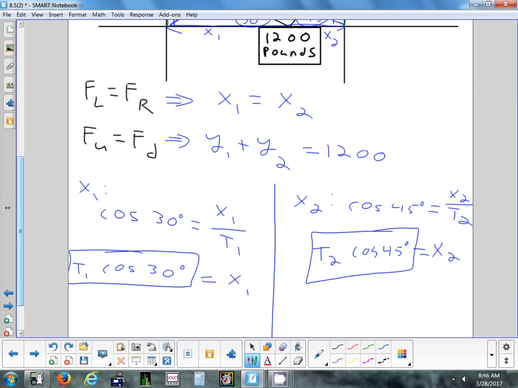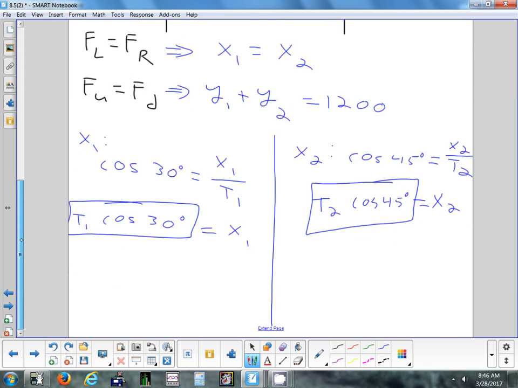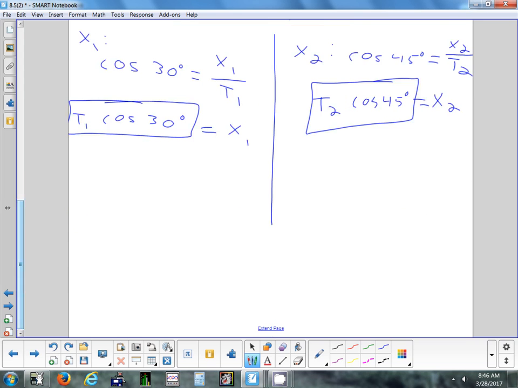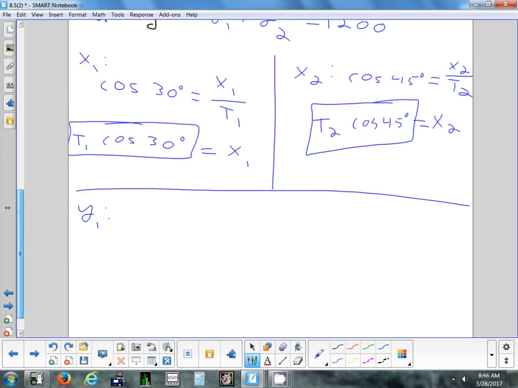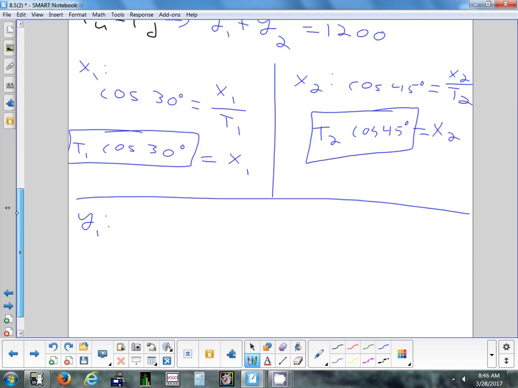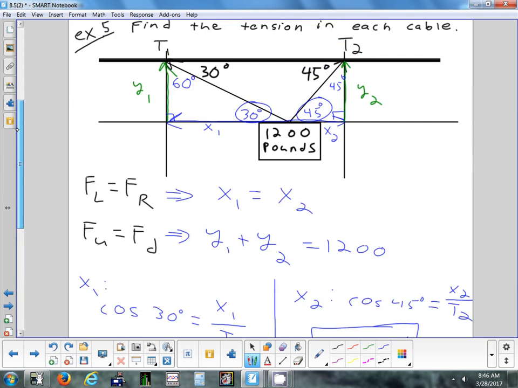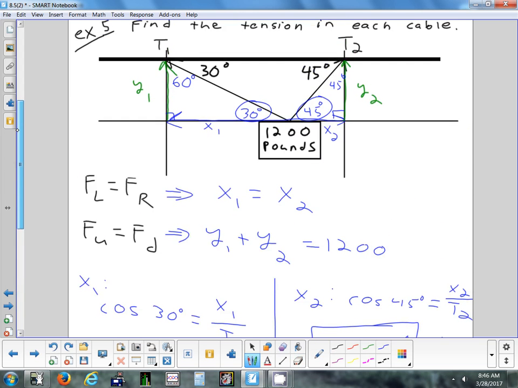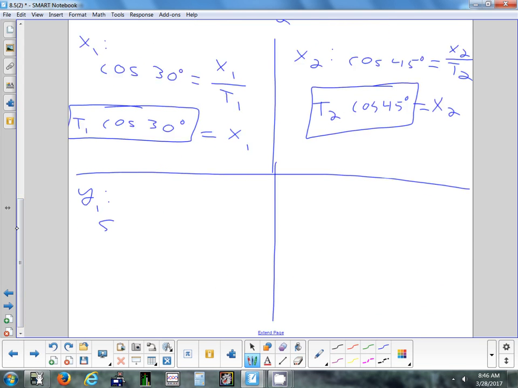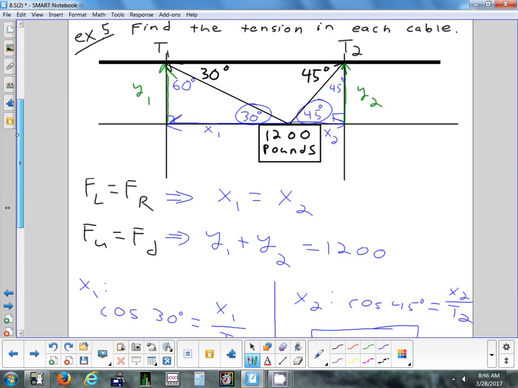Okay, so there's that one. Now we need y1 and y2. It's exactly the same thing again with sine. So let's set up one of them and then see if we could just see the pattern for the other one. So y1, what trig function would we use? Sine of 30 equals